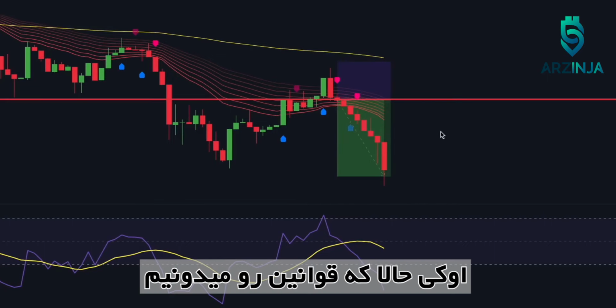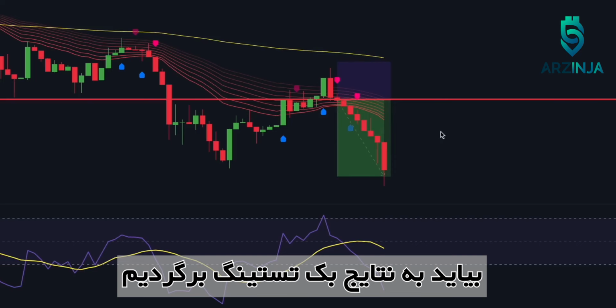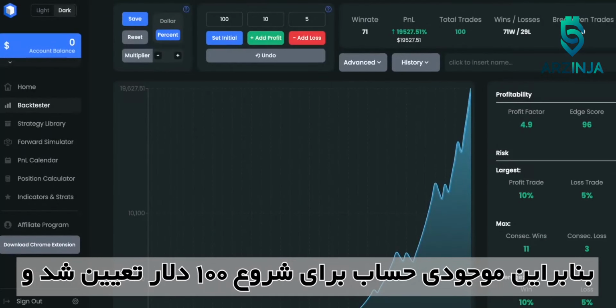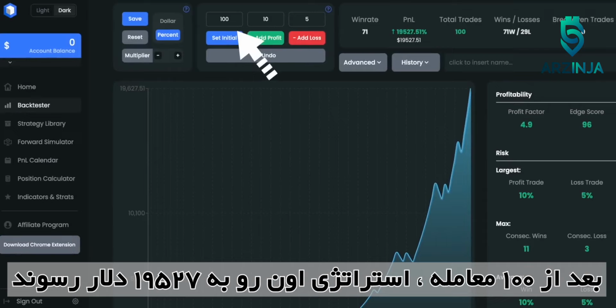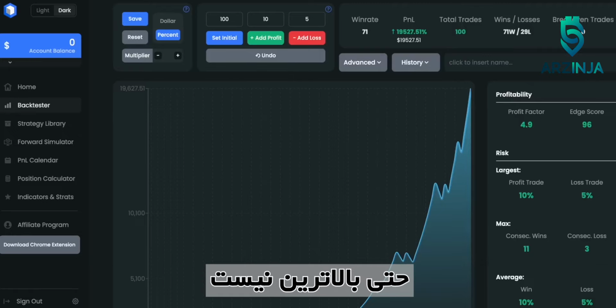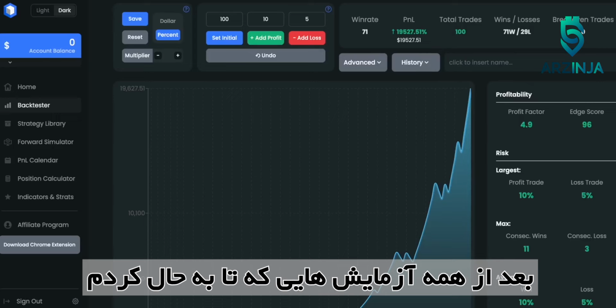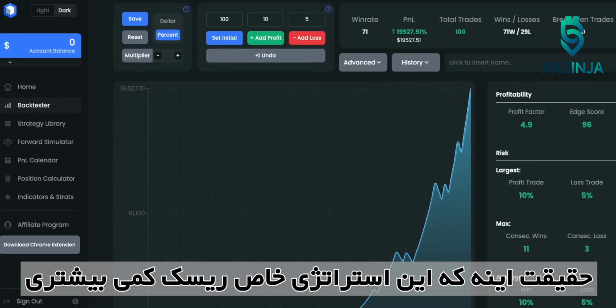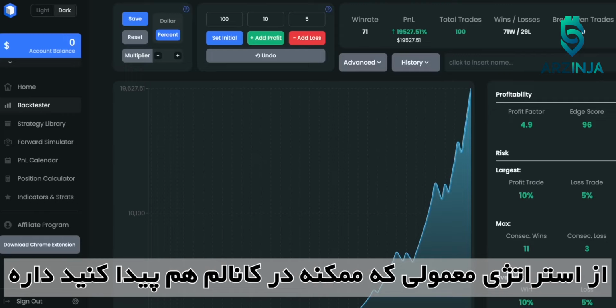Okay, now once we know the rules, let's move on to the backtesting results. So the starting account balance was set at $100, and after 100 trades the strategy increased it to $19,527. I find it funny that the strategy's win ratio isn't even the highest out of all the strategies I've tested so far. The truth is, this particular strategy involves a bit higher risk than the usual strategy you might